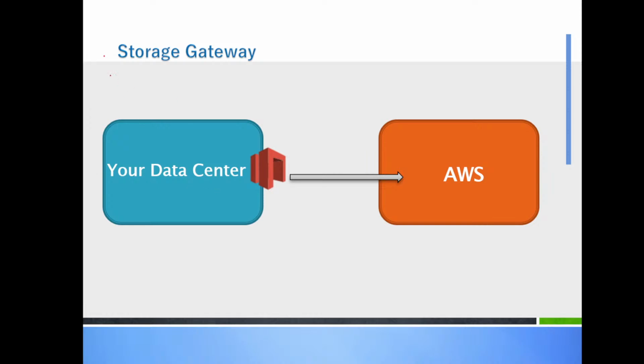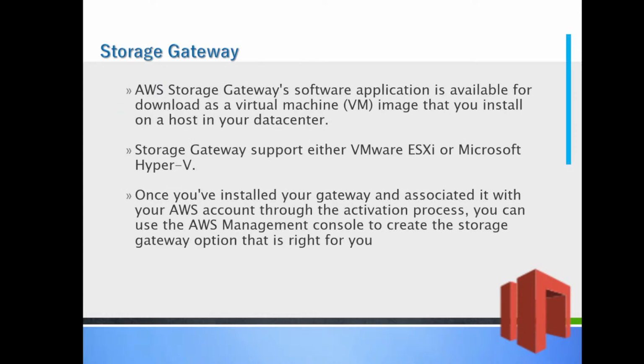So this is your on-premise system. This is your local system. You can install that application in your local system and you can access the S3 or AWS S3 buckets. Now, the AWS Storage Gateway software application is available for download as a virtual machine image that can be installed on